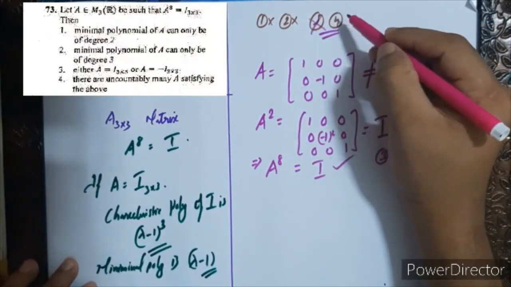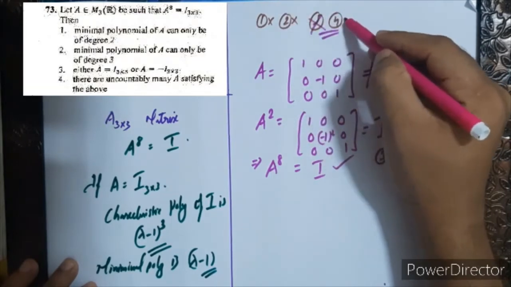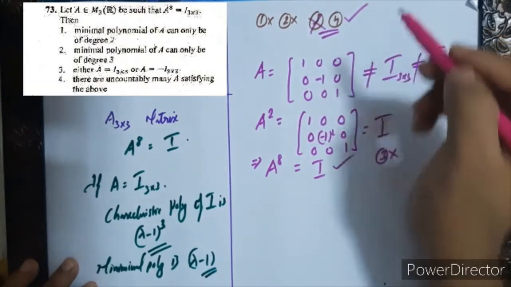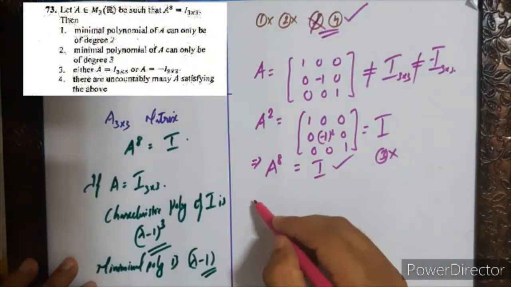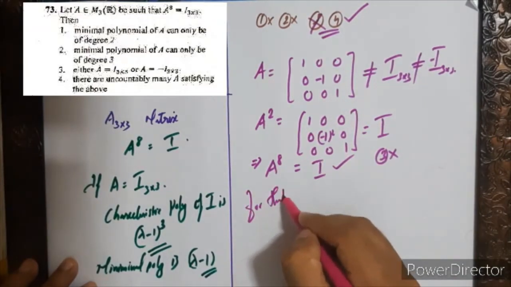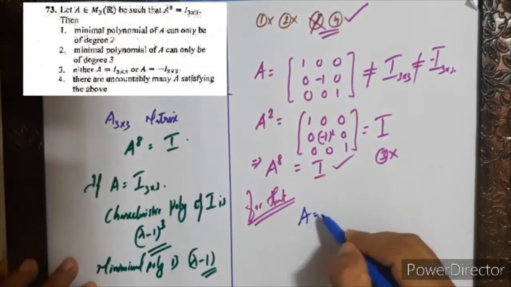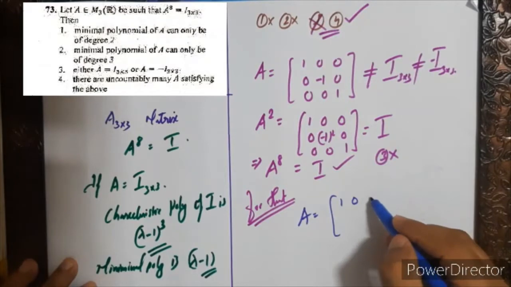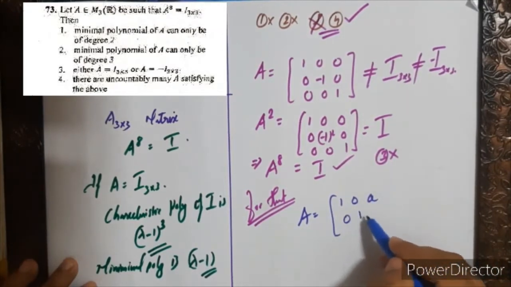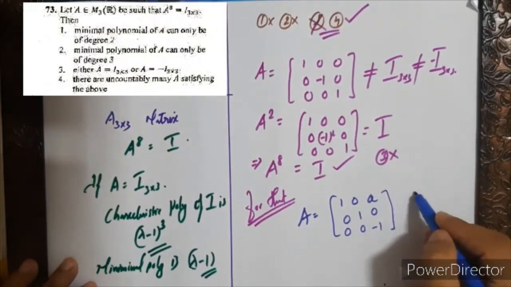So only one option is there. This is a multiple-select question and 3 options are false, so this is the correct answer. Now how do we get that there are uncountably many A satisfying this condition? For that, if I choose A equal to the matrix with rows 1 0 a, 0 1 0, 0 0 minus 1, where a belongs